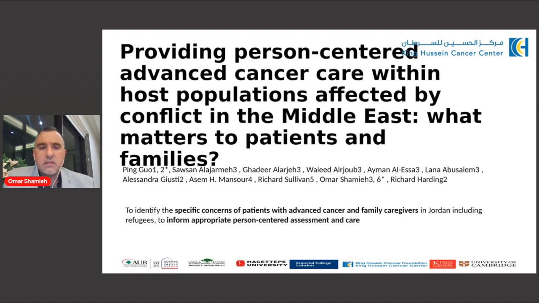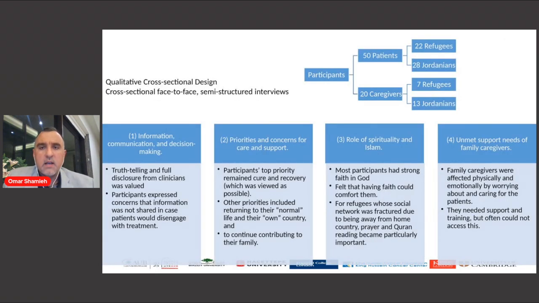Now, there is another study that was done on providing person-centered advanced cancer care within a host population affected by conflict in the Middle East, and what matters to the patients and families. This was really to find specific concerns of patients with advanced cancer and their caregivers to inform appropriate person-centered assessment and care. And again, the same problems with information and communication, the decision-making role, and there were also the priorities and concerns for care and support,